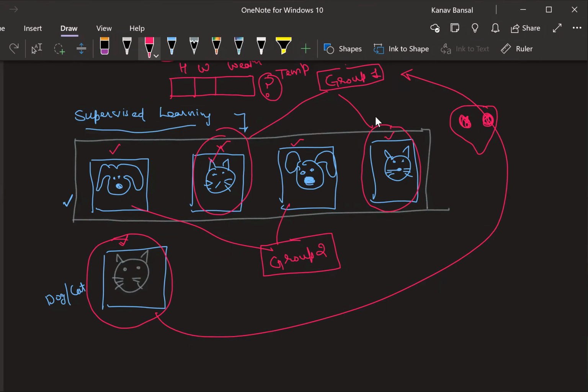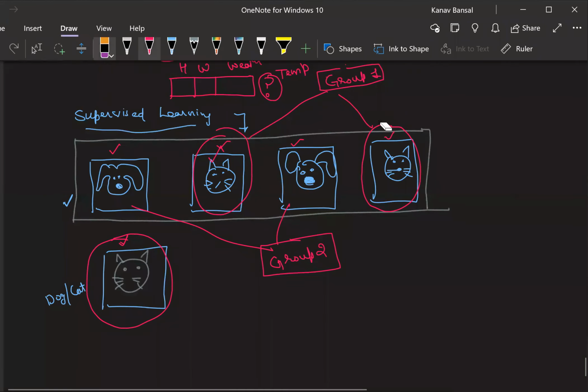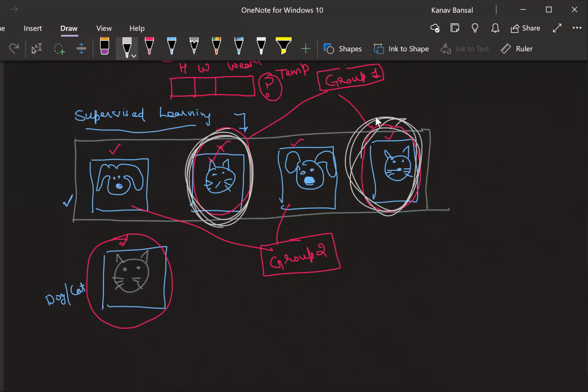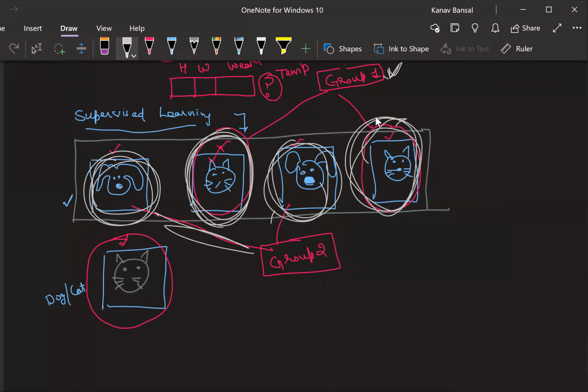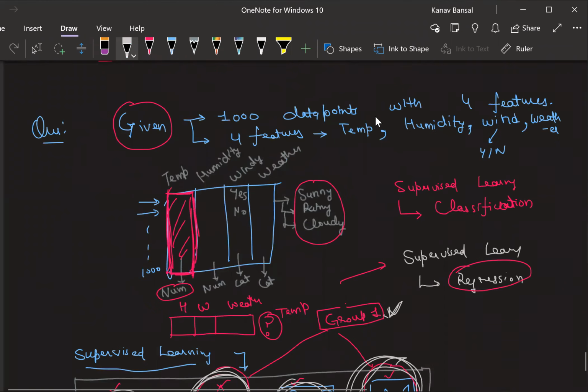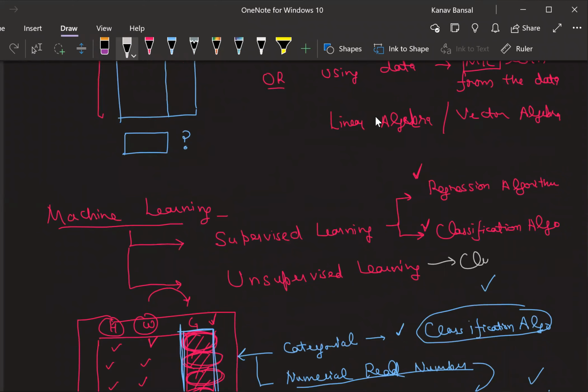So try to understand what we just did. We are taking all the similar data and grouping them, piling them up. We are taking these data points which look similar and piling them up. This is called clustering. We are doing something called clustering here. There are some clustering algorithms in machine learning. Is it clear to everyone now?